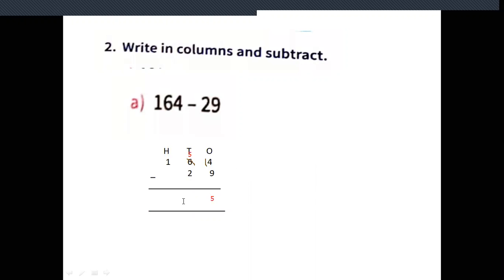Next, 5 minus 2. 5 in your mind, 2 on the finger. Before 5: 4, 3. So here the answer is 3 tens. 5 tens minus 2 tens is nothing but 3 tens. Here see, 1 is there, and nothing is there in the other number. So you can write it like that only. Nothing is there means 0. 1 minus 0 will be 1 only. 1 minus nothing is also 1 only.